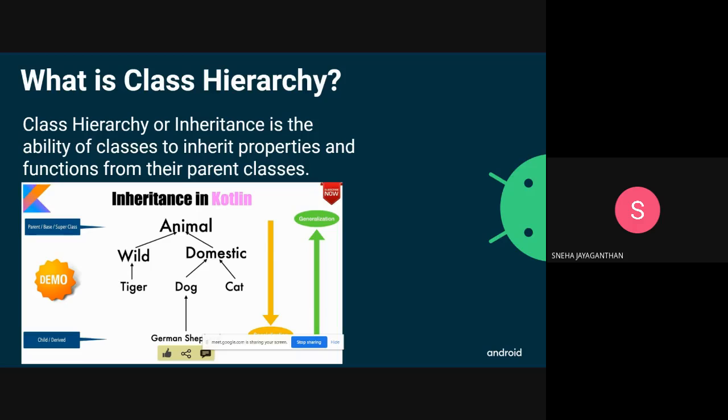Similarly, if we create a subclass called Tiger, then there'll be some properties that will be common to the Wild class and some properties that are exclusive to the Tiger class. So instead of writing redundant code again, we can simply use the functionality of inheritance to access the properties of the Wild class. There are some terms here. The class Animal will be called the parent class, the base class, or the superclass. And any class which derives its properties and functions will be called the child class, the derived class, or the subclass. This is the basic definition of inheritance and classes.